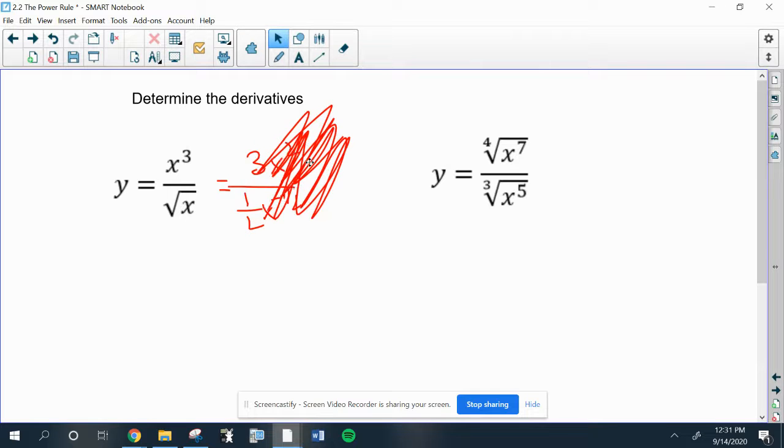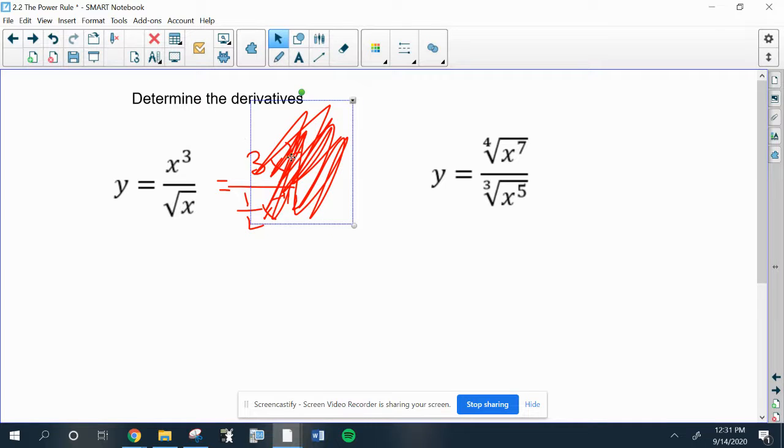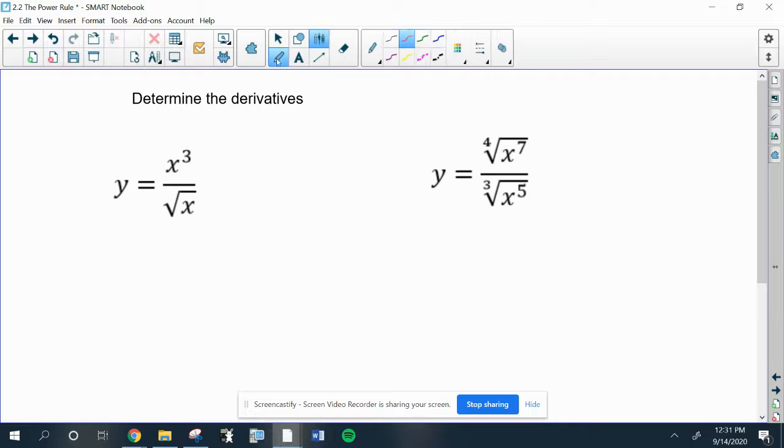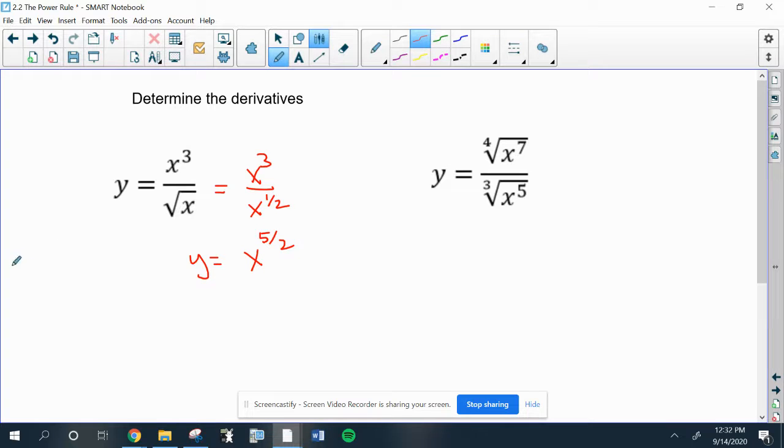So here's how you do the first one. Since we know we have to have it to be exactly x to a power before we start, we're going to use just rules of exponents. The rules of exponents become very important in differentiation. So this is x cubed over x to the 1/2. And then you just subtract the exponents. 3 minus 1/2 is 6/2 minus 1/2, which is 5/2. So we just did the rewrite part,